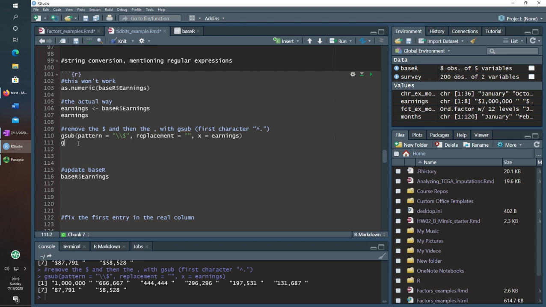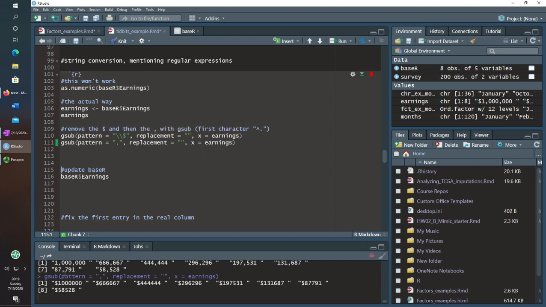Now, if I wanted to do the commas, you don't have to escape commas. It doesn't have any special meaning to R when it's in the quotes like that. So replacement is equal to, I'm not replacing it with anything, x is equal to earnings. And obviously if I wanted it to actually update without the dollar sign, now this will have the dollar sign but no commas. If I wanted to update it, I could do earnings is assigned to this, and then I could,